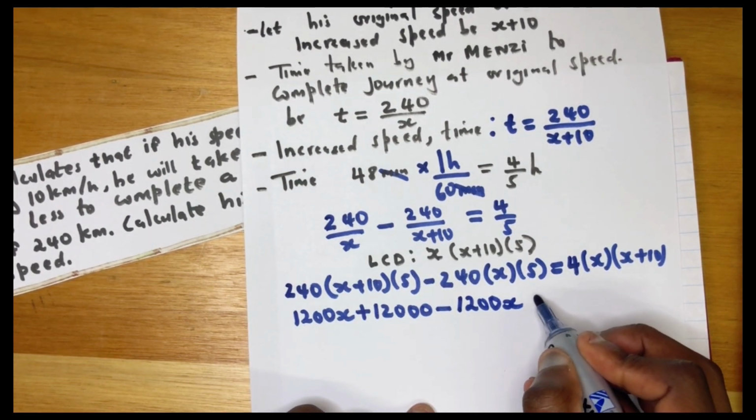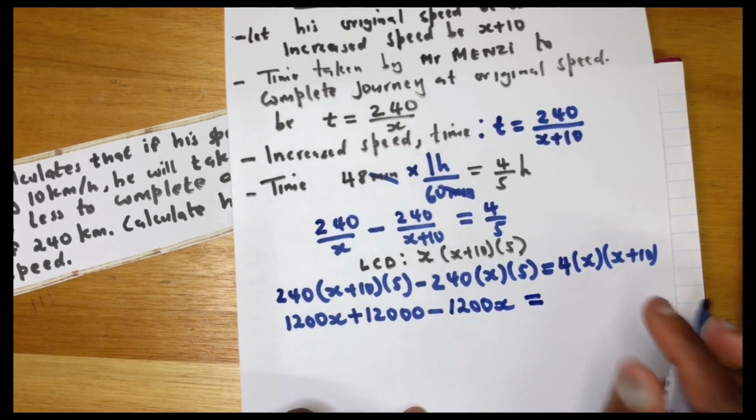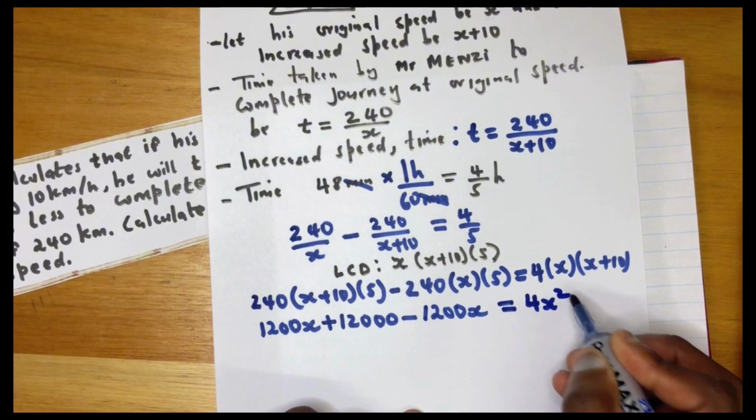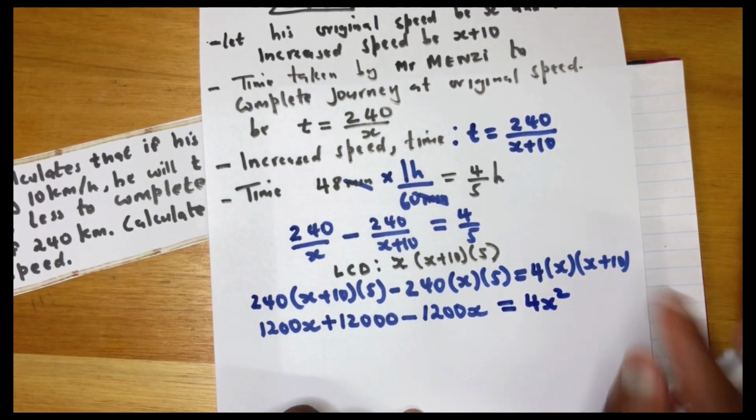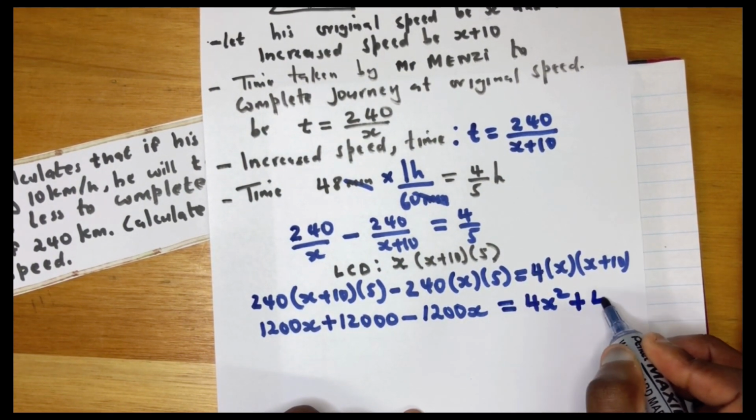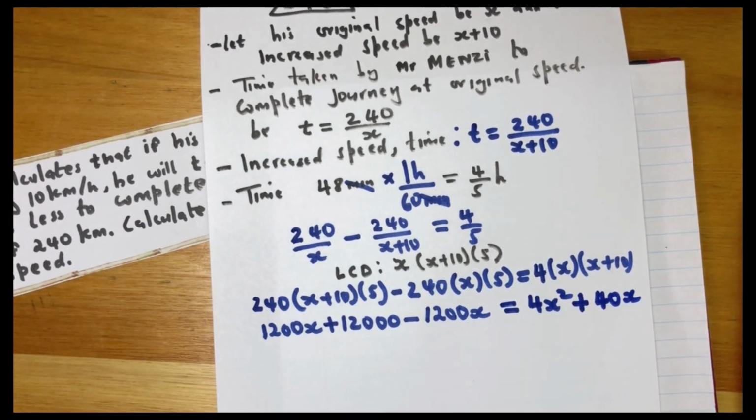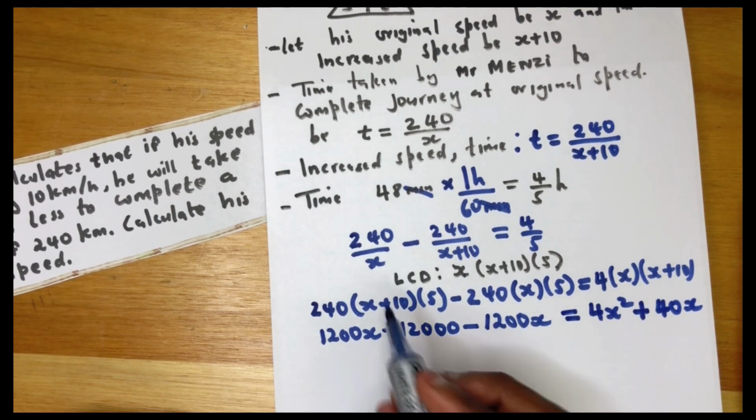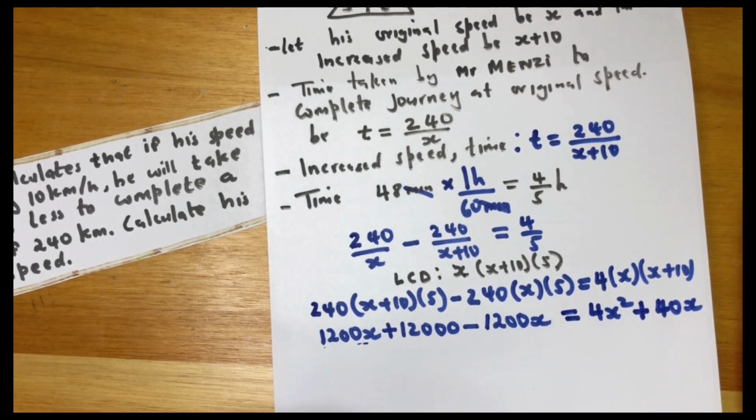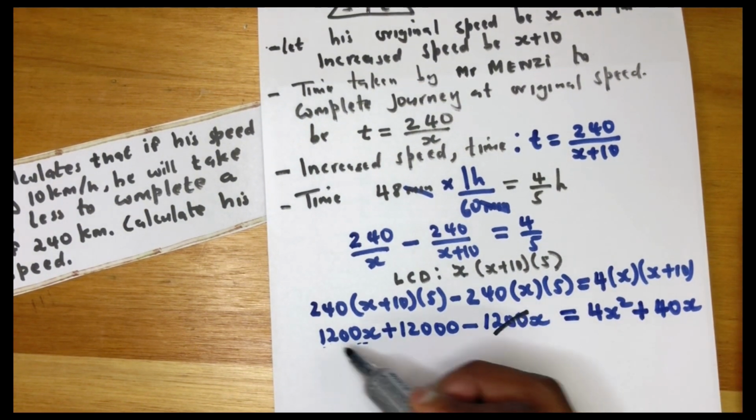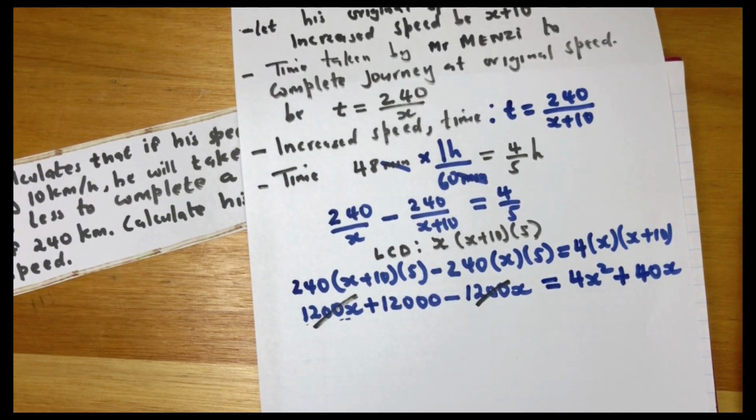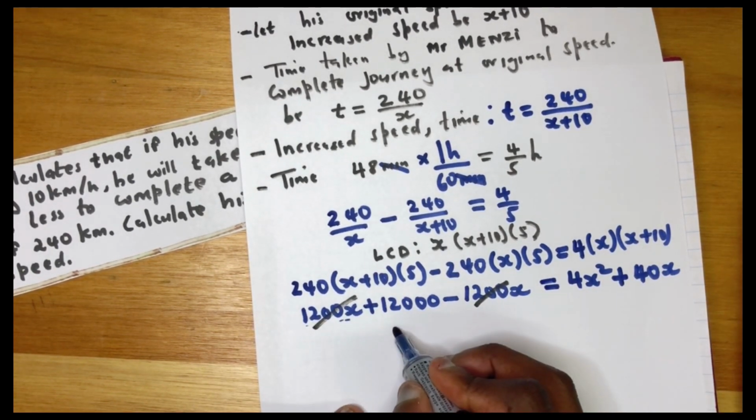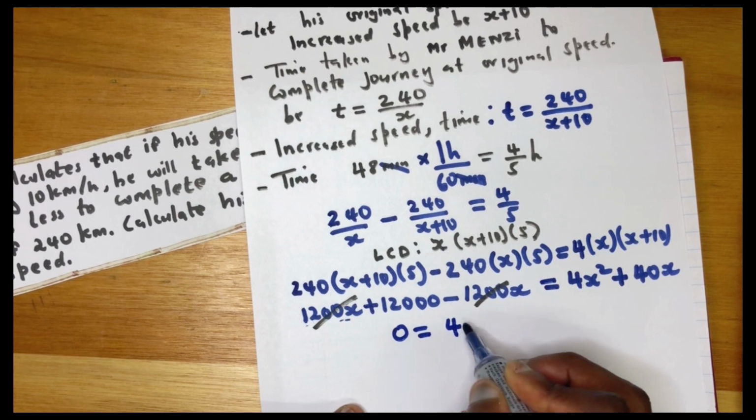So equals to, then we have 4x here. Then 4x times x, we get 4x squared. Then 4x times 10, we get plus 40x. What will happen with 1200x? 1200x minus 1200x, these guys are going to cancel out. So now we are left with what? 12,000. Then we transpose 12,000 to that side, and we are going to be left with 0 equal to 4x